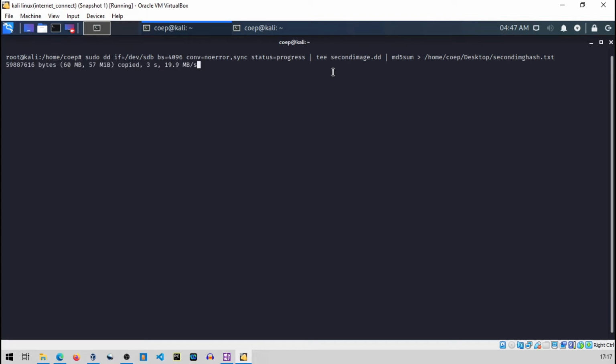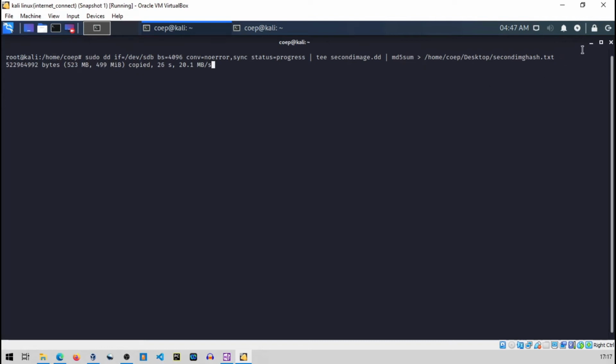It will take the same time as the previous command, or more, because we are doing basically the same thing. The only difference is we are calculating the MD5 sum in the same command.